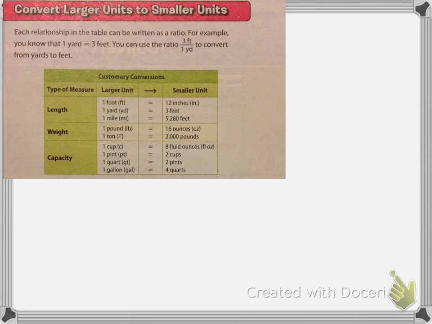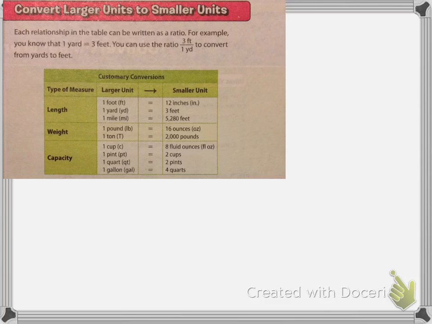It's called the customary conversions table that they provide for you. I will also be providing this to you for the quiz or the test that you are going to be taking on this unit. At the top of the table, it says each relationship in the table can be written as a ratio. For example, you know that 1 yard equals 3 feet. So you can use the ratio 3 feet over 1 yard